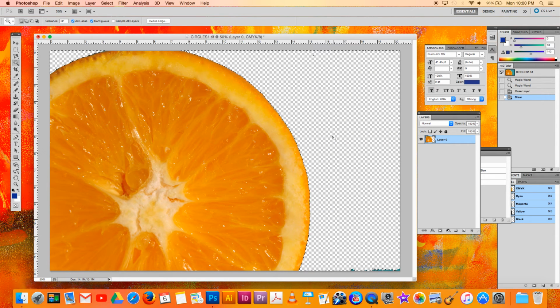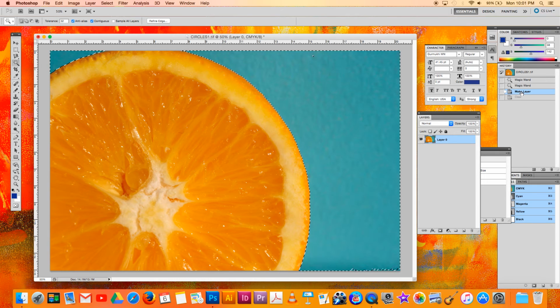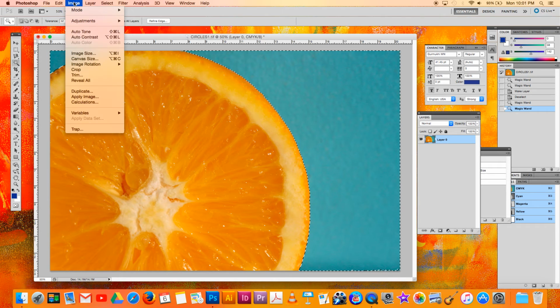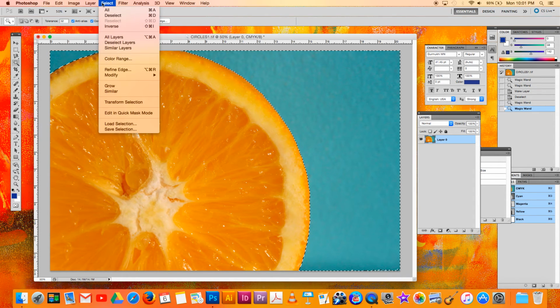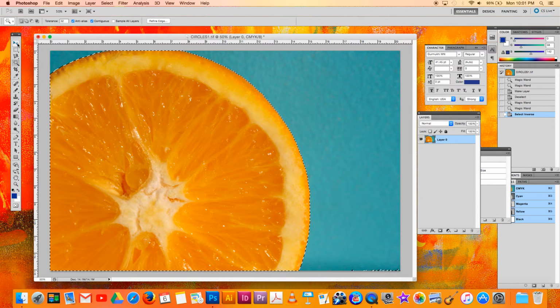The magic wand tool will select pixels of like color contrast. I'm just going to deselect. I'll try it again here. So I'm selecting one corner, holding shift, selecting the other. This time I'm going to go up to the top. I'm going to go to Select, and I'm going to go to Inverse, and as you can see, this is a quicker way to